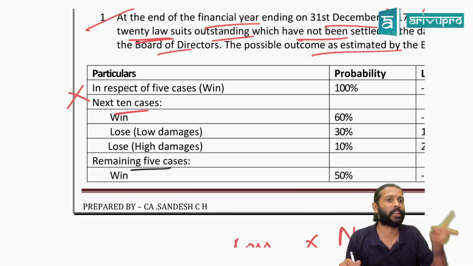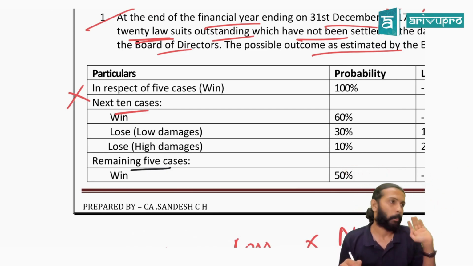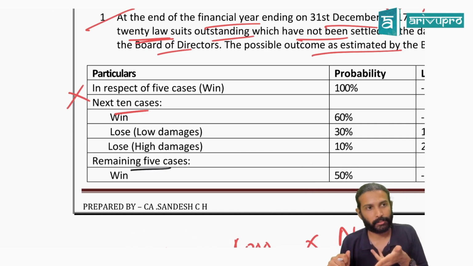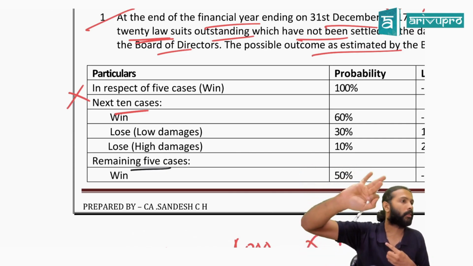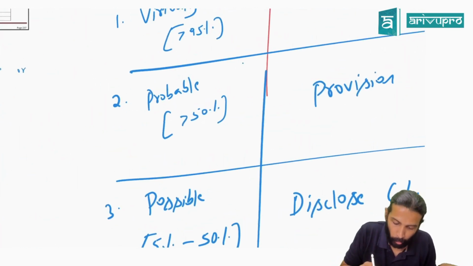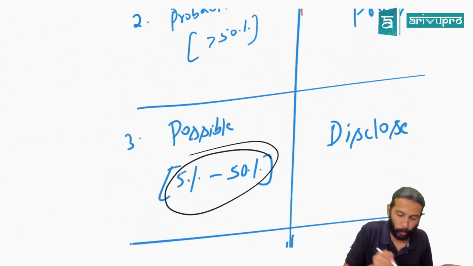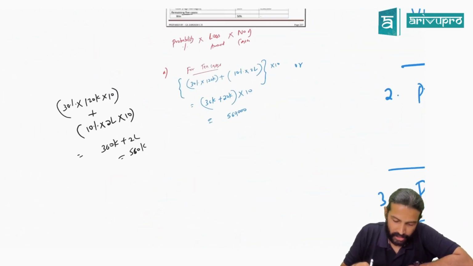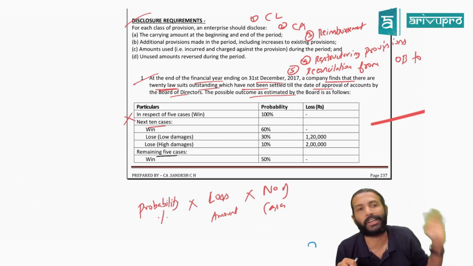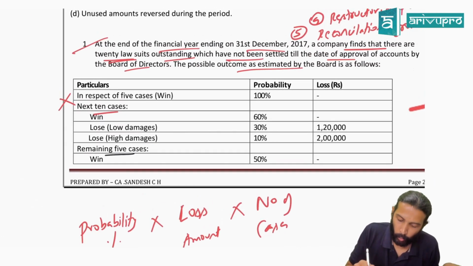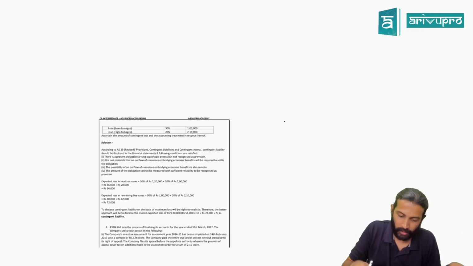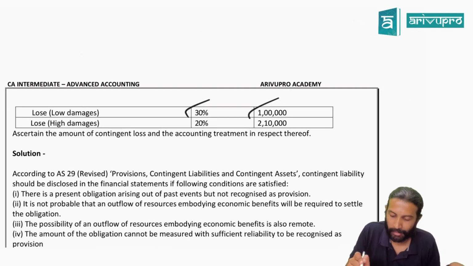Is 50% possible or probable? Possible. So that means here it is a possible obligation or a probable obligation? At 50%, more than 50% is probable, and up to 50% is possible. I've written it here, check. That's the reason I drew this diagram. So in this case, is it probable or possible? Possible. For a possible obligation, will we make a provision or disclose a contingent liability? Disclose. If you win, do you have to pay any damage? No. Next, check further. There is a 30% chance that you have to pay low damages, worth how much?